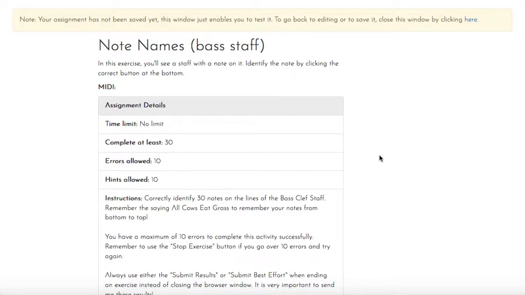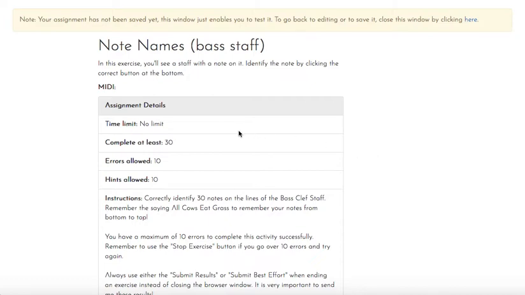Now, I want you to start with identifying the names of the lines of your music staff first. I take a lot of time to really break down how you're supposed to read through your instructions. I'm not going to do as lengthy of a talk-through for this one. So make sure you start with the lines of the music staff first.